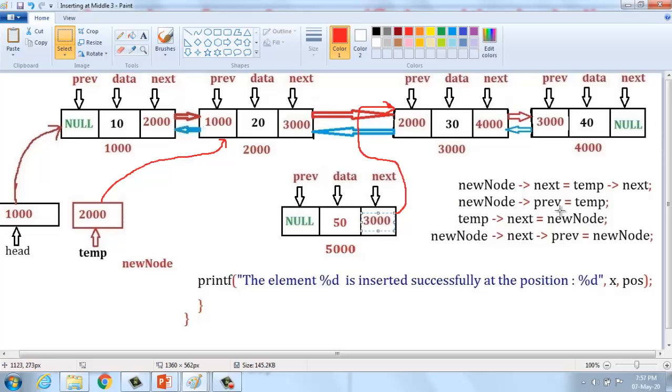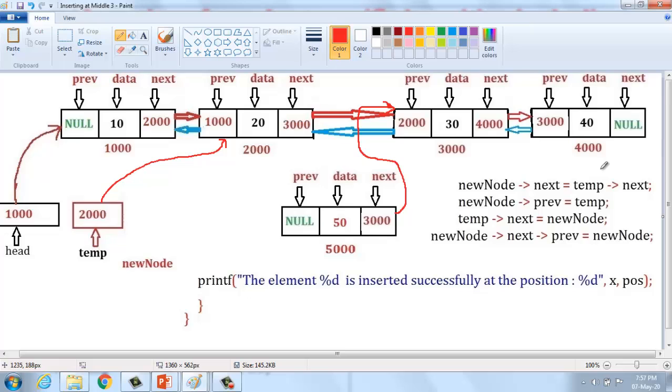And then new node previous is nothing but null, and it should be changed. We have to create a link from the previous node to this 2000 address. So how can I make a link? That is new node previous equal to temp. Temp is nothing but 2000. What is the value of temp?